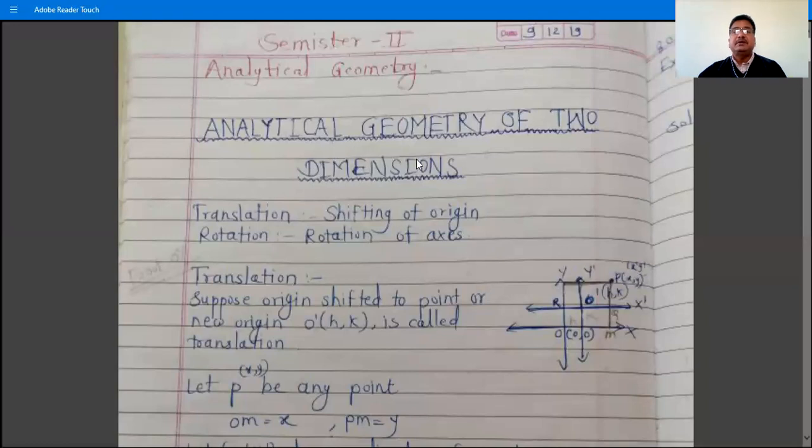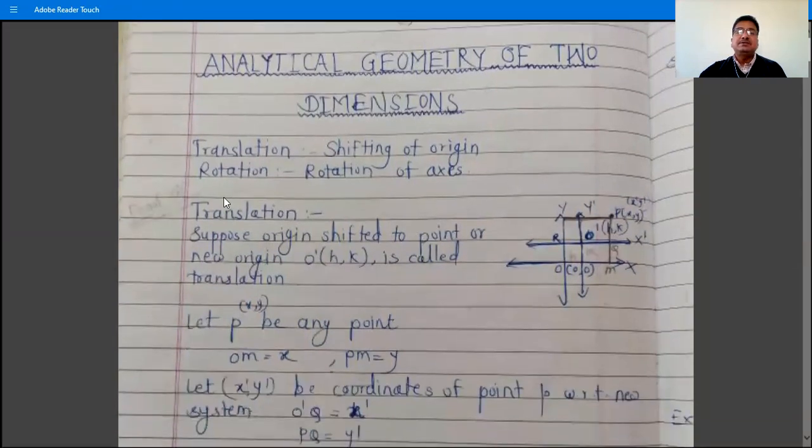In the previous paper, paper number 1 was algebra, and now it is geometry. So it is different from the algebra. So we are going to start the first chapter of this analytical geometry of two dimensions, and the first definition